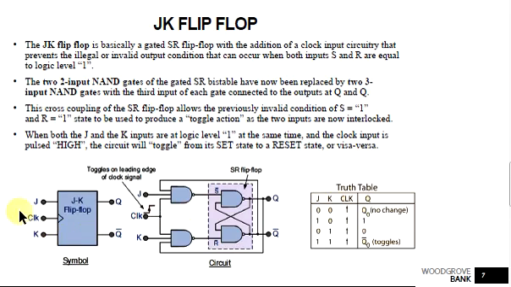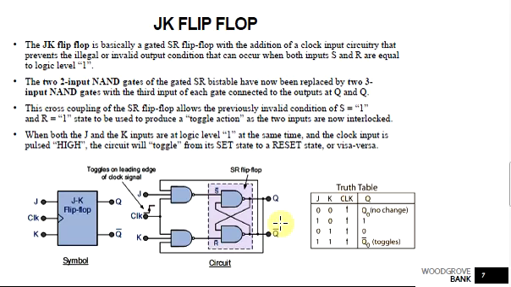Suppose the clock signal stays high, at the positive level. Then, if both inputs are high, so J is equal to 1 and K is equal to 1, and the clock is also high for a long period, the output Q will keep on toggling. It will keep toggling 0 1, 1 0 like that, which makes the output of the flip-flop unstable or uncertain. This problem is called the race around condition in the JK flip-flop,